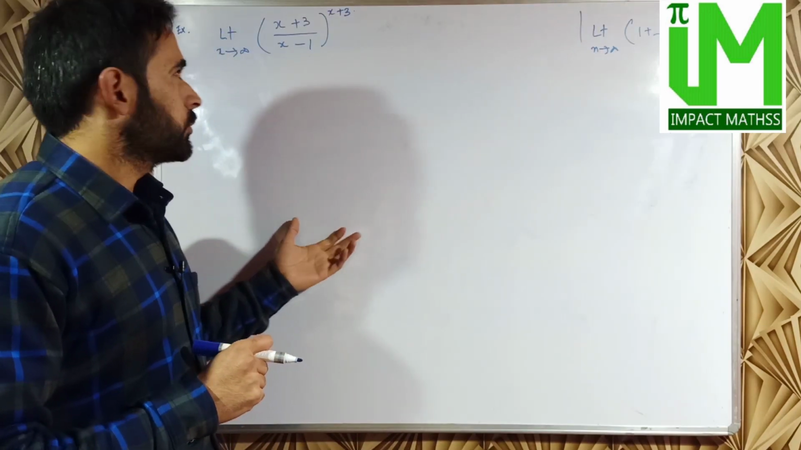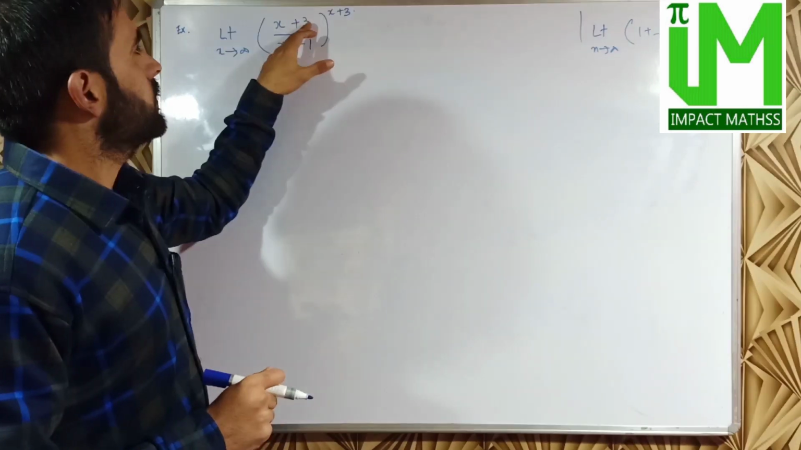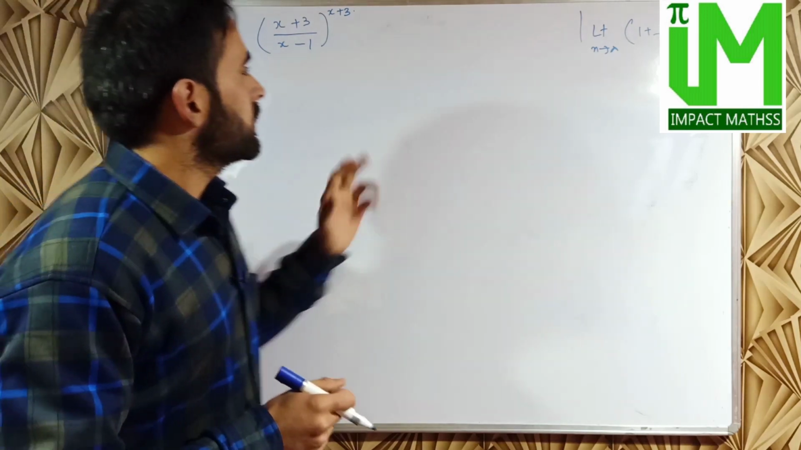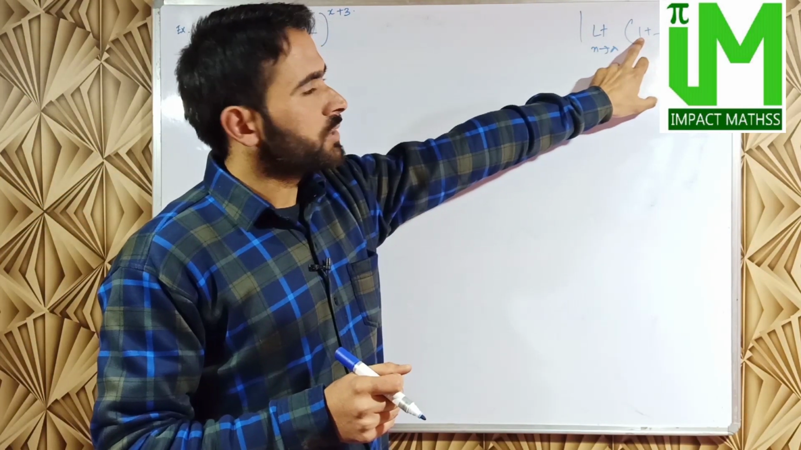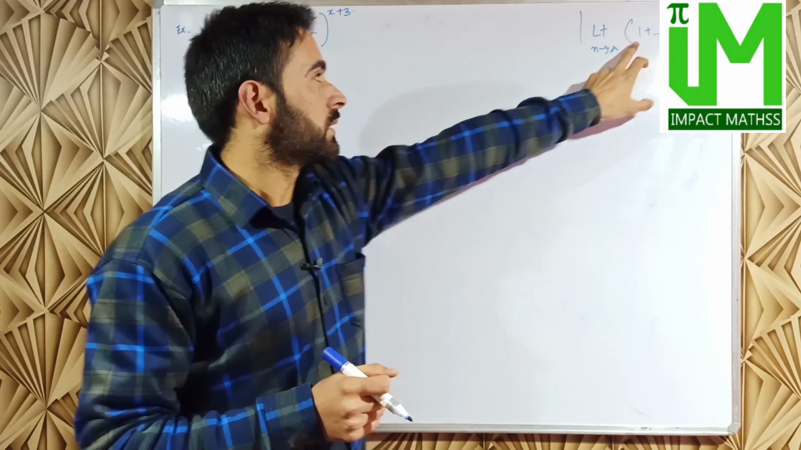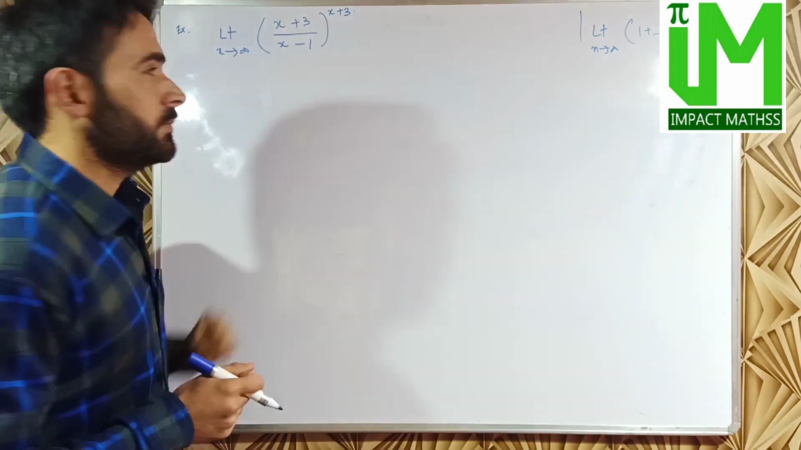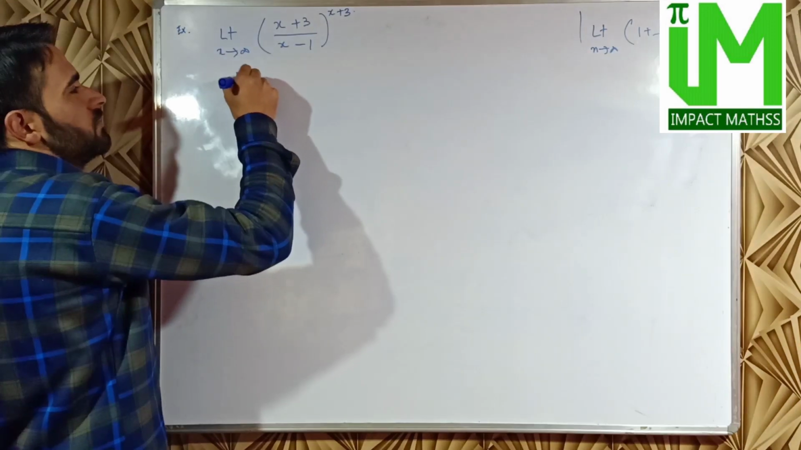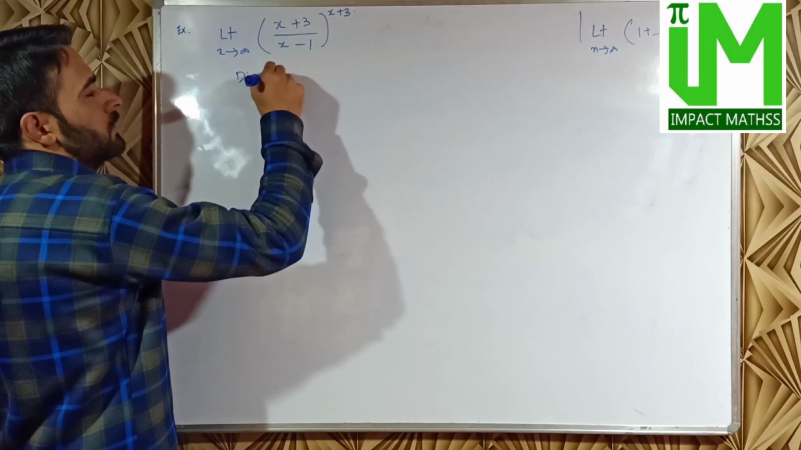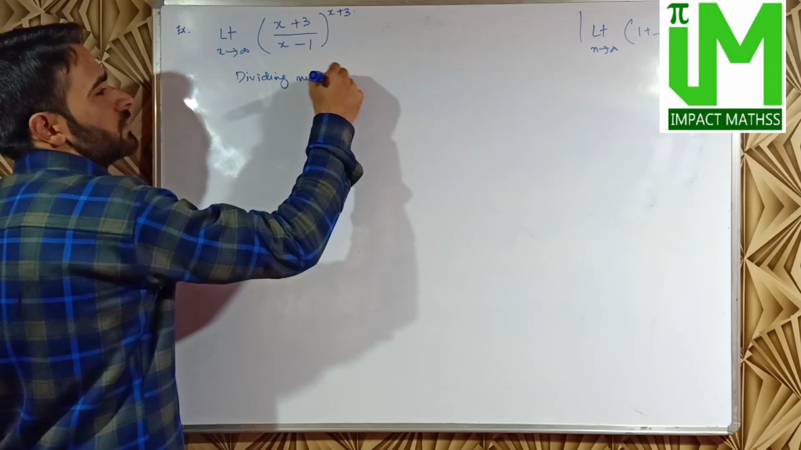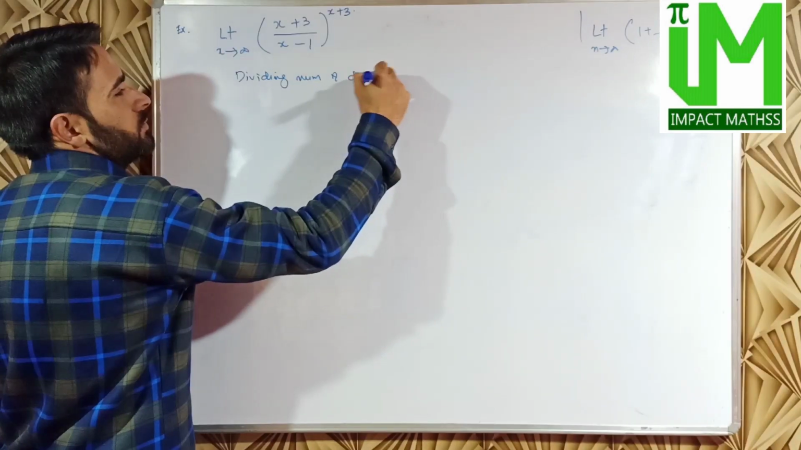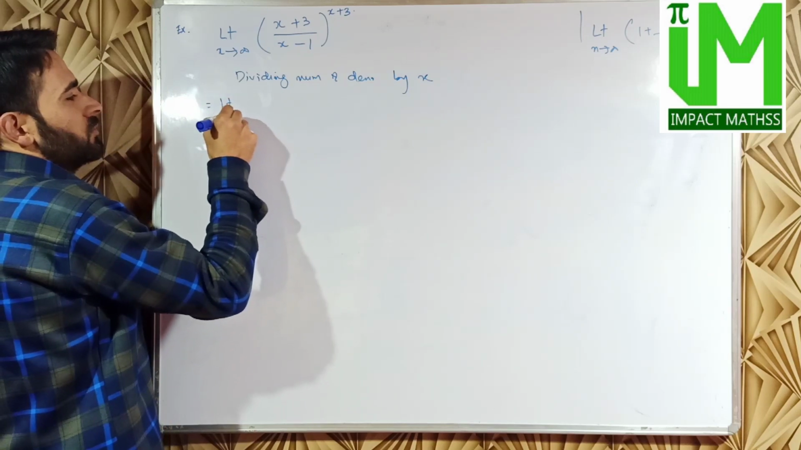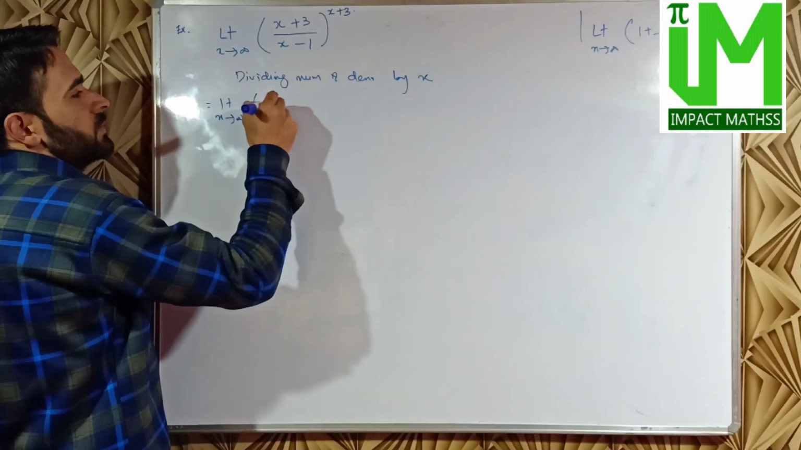So the next example is limit x tends to infinity, (x plus 3) divided by (x minus 1), to the power x plus 3. Now to bring this to the standard limit, we have to make sure that the first term is 1, but here we have x. That means we'll be dividing numerator and denominator by x. So it will be limit x tends to infinity, x divided by x, which will be 1